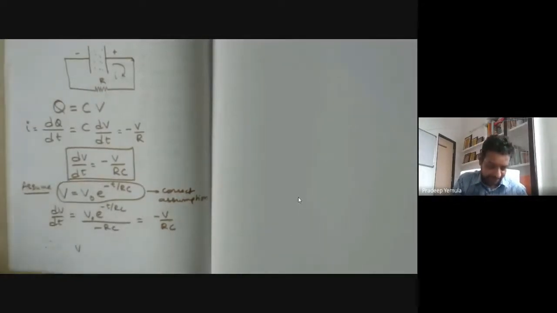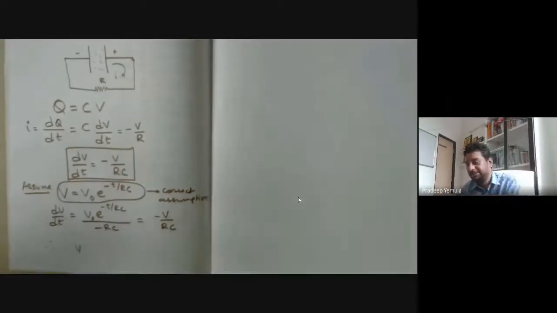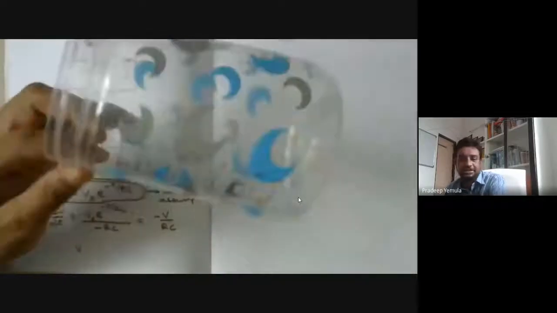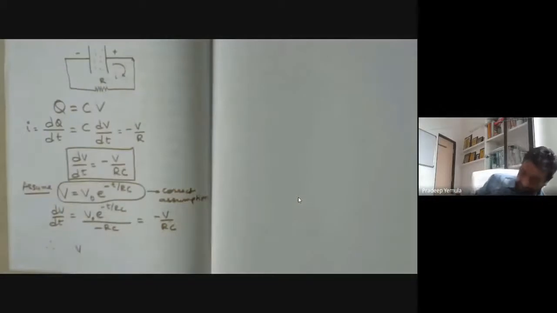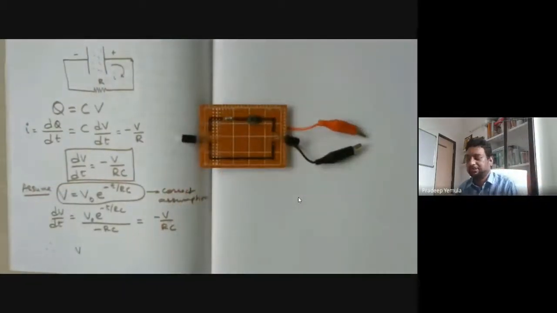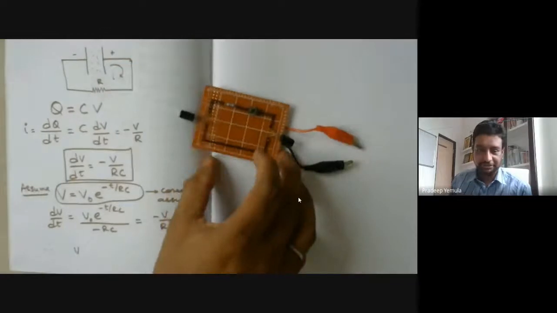Again, I have prepared a circuit. See, these things are not very costly. If you see the water jar which I made, each jar is maybe 40 or 50 rupees, and I'm still using this. Similarly, this circuit is also very cheap, just below 100 rupees. You can make this circuit. So what is this circuit? Let me show this circuit to you.